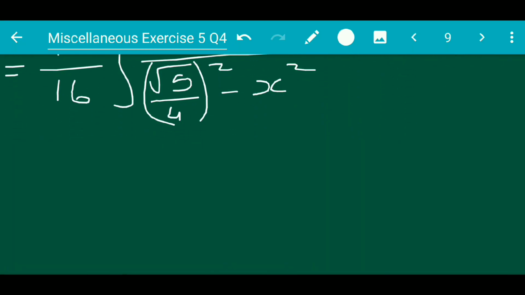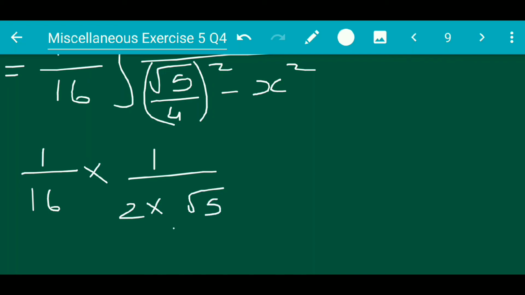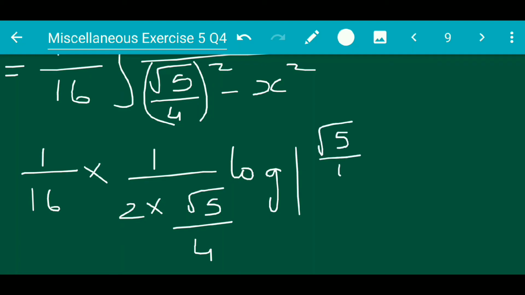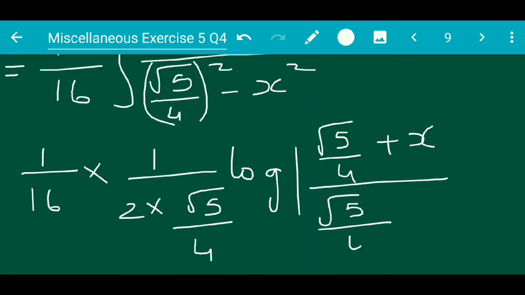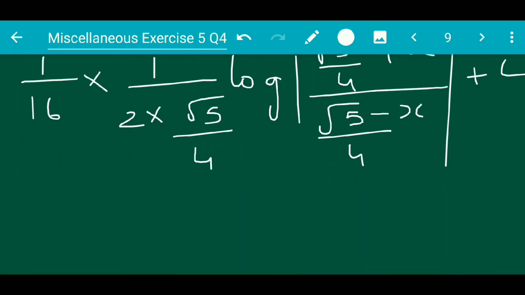So our answer should be 1 upon 16 into 1 upon 2a, that is 1 upon 2 into, instead of a, root 5 upon 4, log mod of root 5 upon 4 plus x upon root 5 upon 4 minus x, plus c. And then in the next step, 4 can be cancelled with this 16 to make matters easier. So we get 1 upon 8 root 5